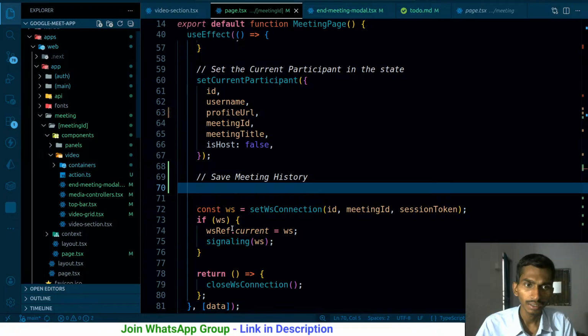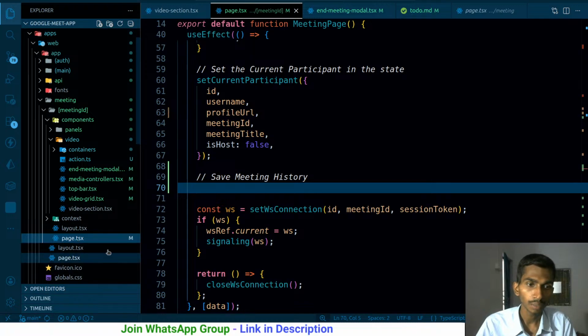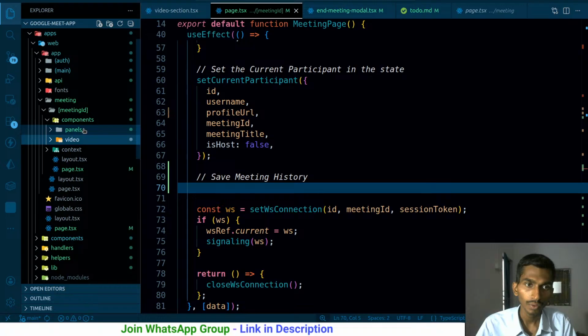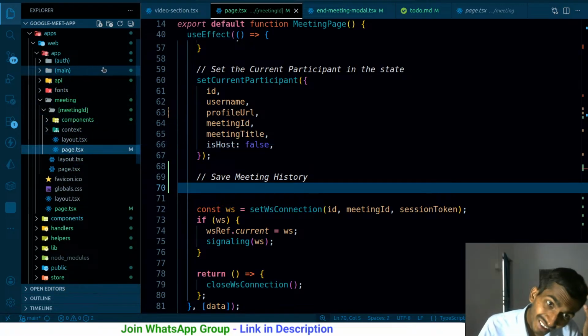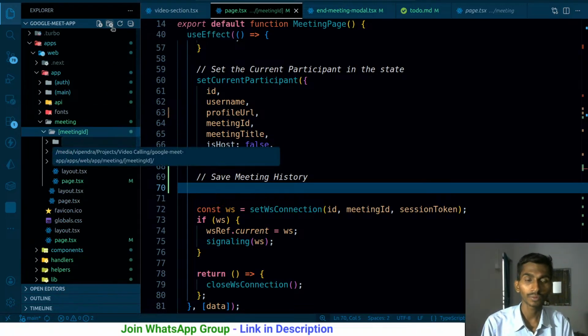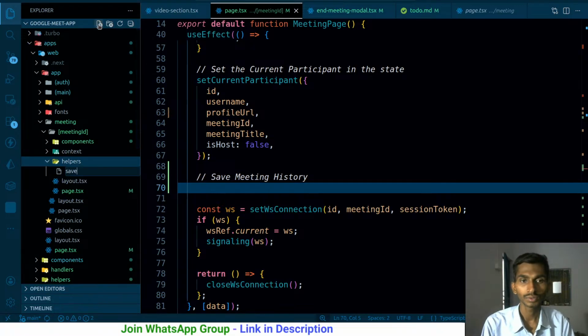I'm already inside the meeting page.tsx, in components, context. Why not create a helper functions folder here, just for the meeting? So helpers, and inside this I will have something called save meeting history.ts,